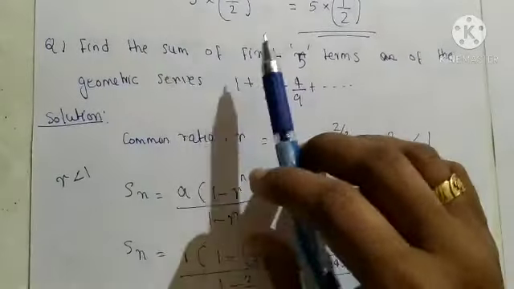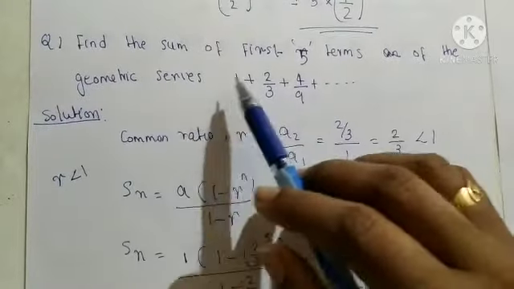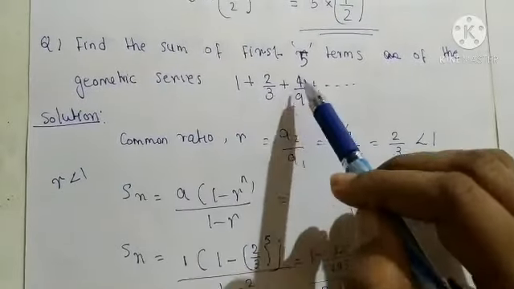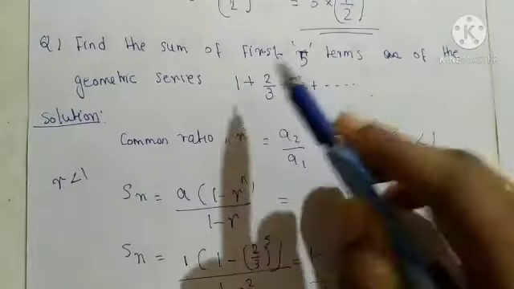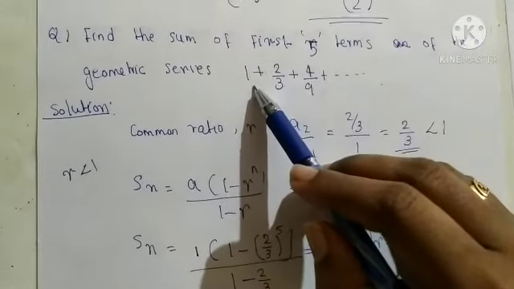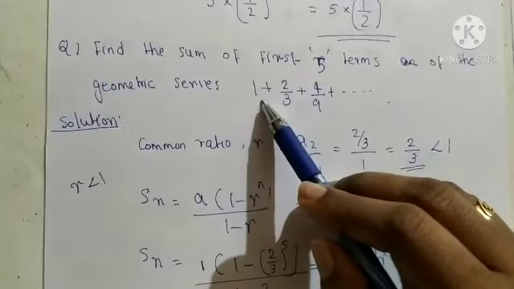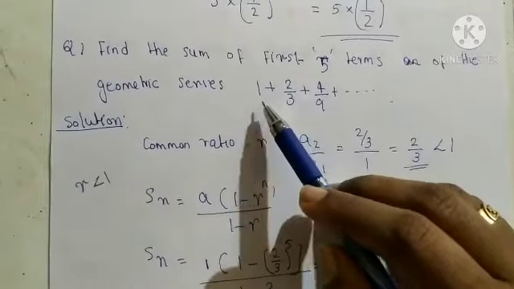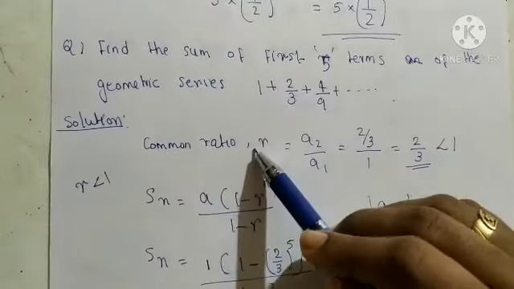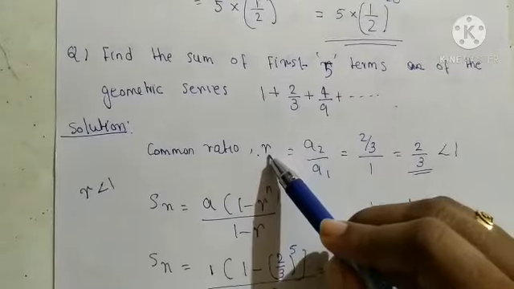This is our second question. Find the sum of the first 5 terms of the geometric series 1 plus 2/3 plus 4/9 plus etc. So from this we know that there are 2 formulas for finding the sum of n terms in a GP. So first of all we need to find the common ratio for choosing the correct formula. So the common ratio is equal to